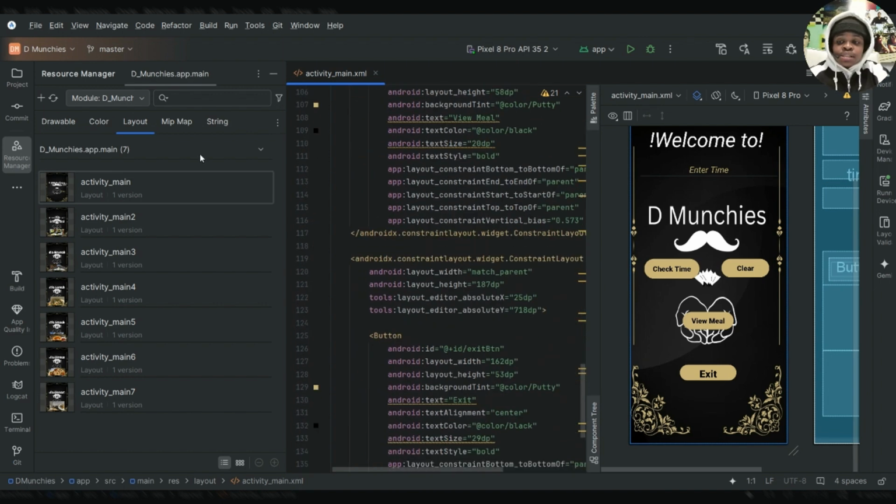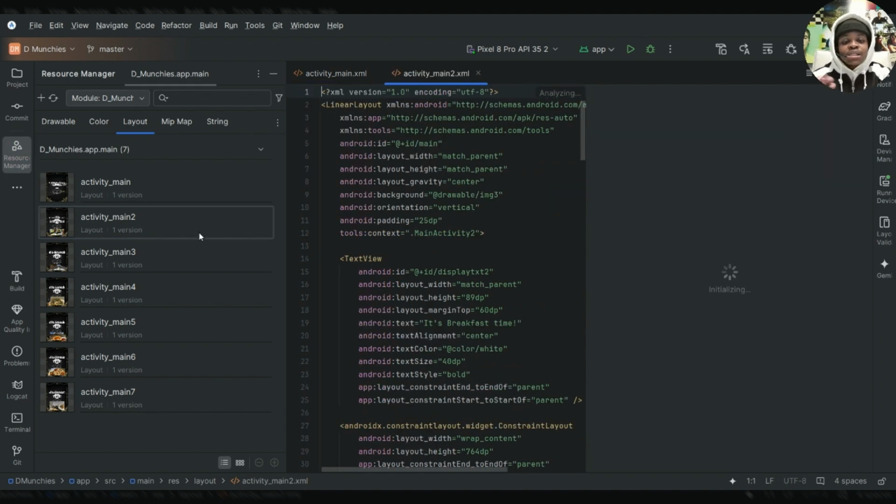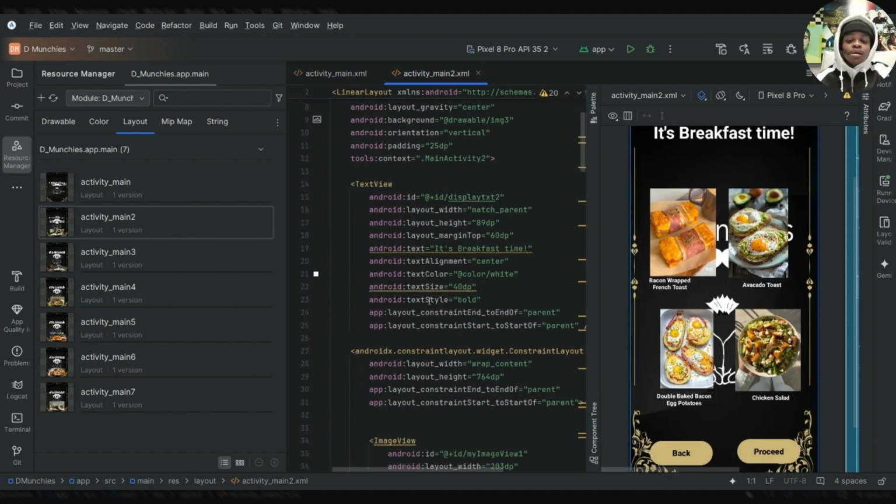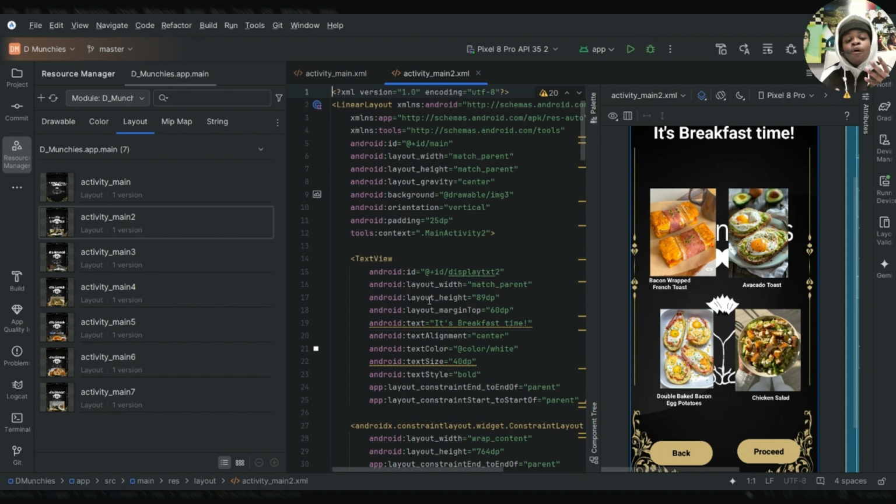Another design plan is I've created the following screens to depict my meal suggestions. So if you can take a look at the following meal suggestions, let me just insert them under my resource manager. So we have my XML2. This is the breakfast meal option. As you can see, within the breakfast meal option, I have inserted 4 images,